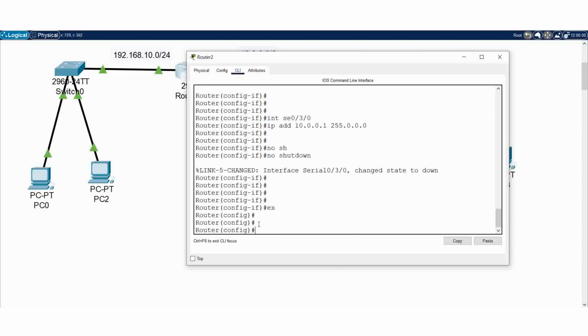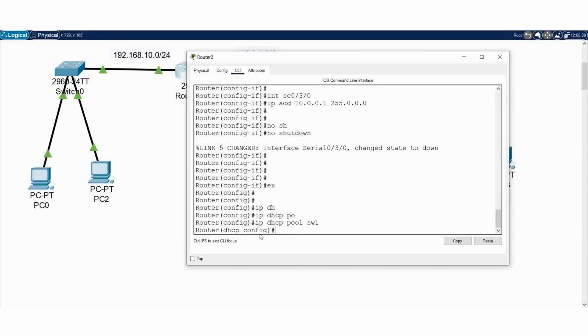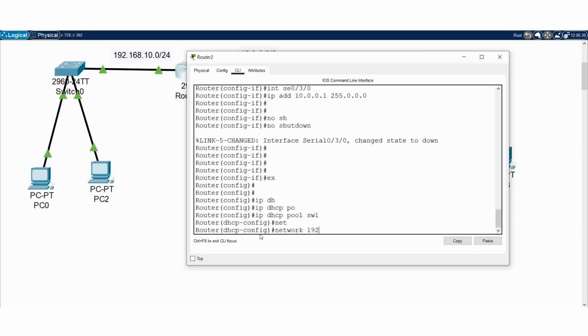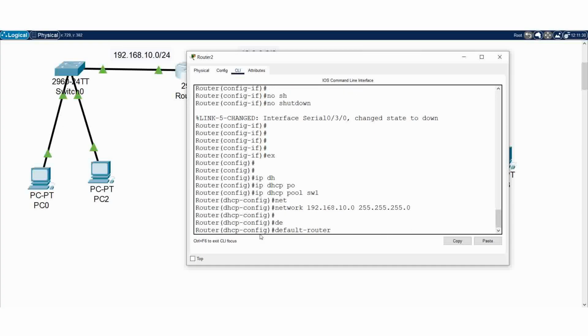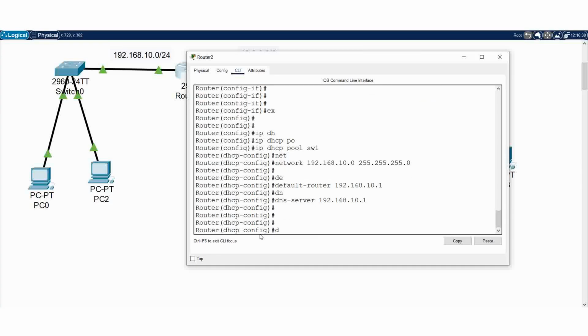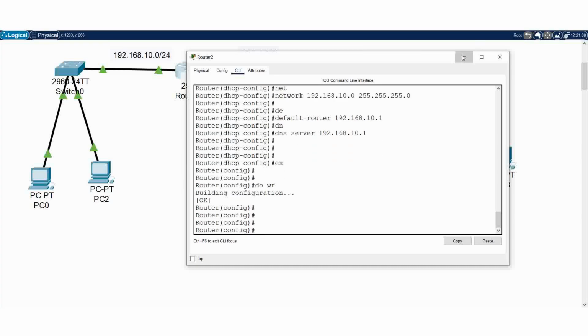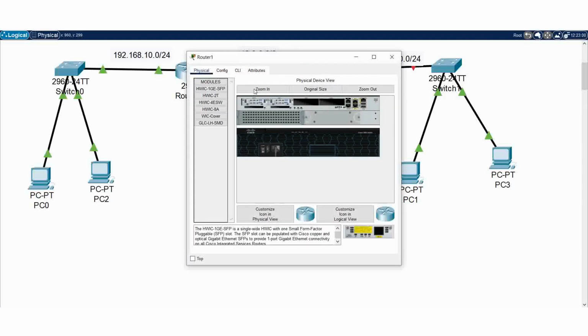ኦኬ ዘን እዚህ ጋር ለነኚህ dynamically IP address assign አደርጋለሁ። ሶ IP DHCP pool for switch 1 እንበለው፣ network 192.168.10.0 ነው። then 255.255.255.0 ማለት ነው። then default router 192.168.10.1 then DNS 192.168.10.1 ማለት እንችላለን ማለት ነው። ኦኬ ሶ ይሄን ከጨረስን በኋላ ኦኬ do write ብለን save ማድረግ እንችላለን ማለት ነው። አሁን ደግሞ እዚህኛው ጋር መጥተን the same thing መስራት አለብን ማለት ነው።